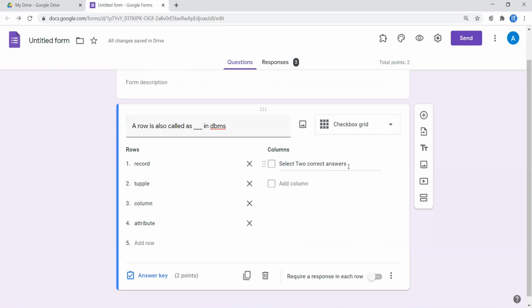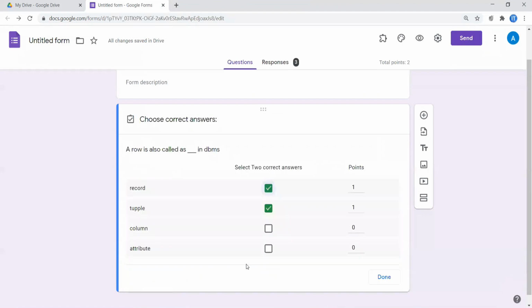One thing you have to remember while assigning the answer key: you have to give correct point marks, that is 1 point and 1 point, and for the other answers you strictly have to give 0 and 0, so that if the student selects those options he or she will get 0 marks, and if the student selects any one of the two correct options he will get 1 mark.